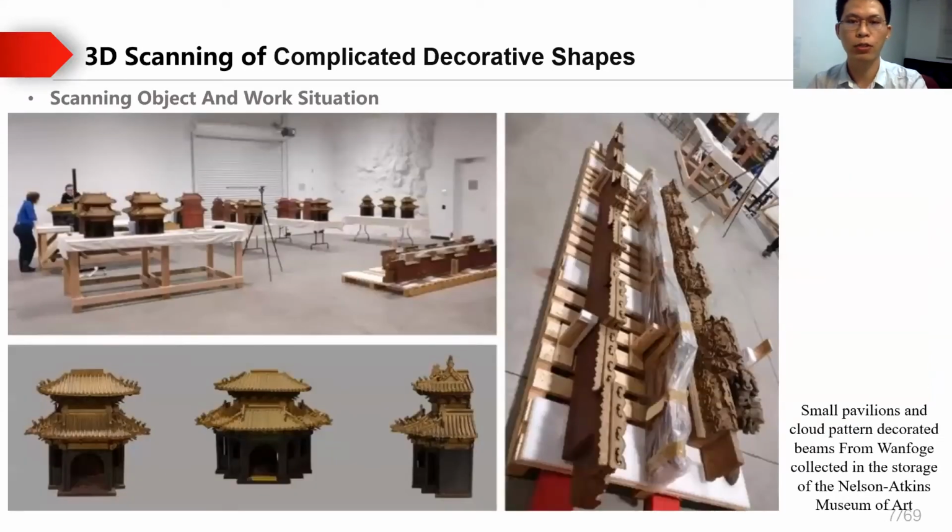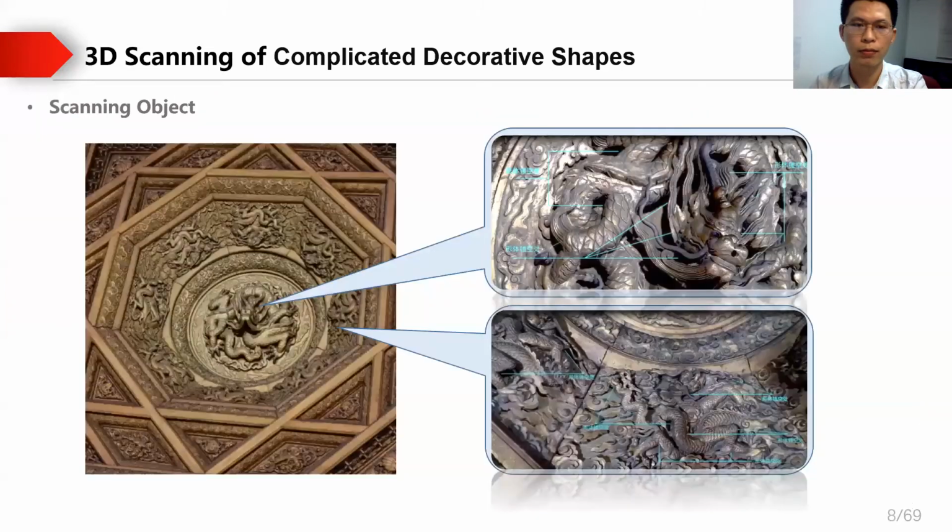Different from the exhibition in the Philadelphia Museum of Art, some of the small pavilions and the cloud decorated beams used to hold up the pavilion models were missing. The ceiling in Nelson only installed the main central square part of the temple room of the Chinese Gallery. For the scanning process, the challenge mainly comes from 3 points.